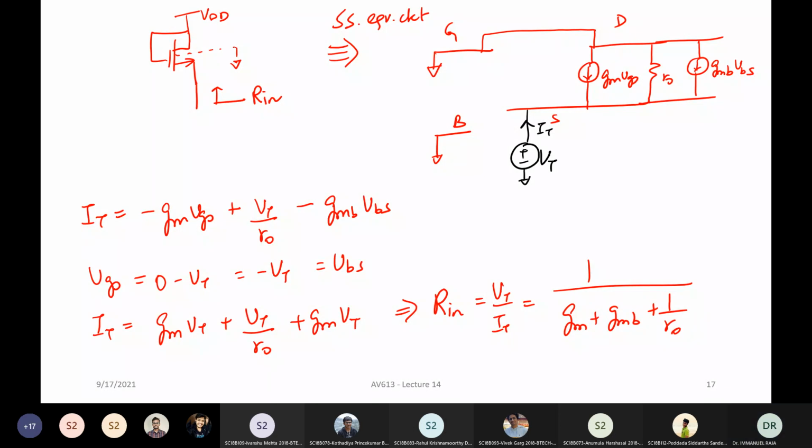Now, what is the extra term here? This is the other interesting factor: if you diode connect a transistor, whether you look at the impedance from the source side or the drain side, it is approximately 1 over gm. Only if the body effect is coming into the picture, then you have gmb added to it. And this of course can be approximated to be 1 over gm plus gmb. So these are some very important results which we will be using quite often.